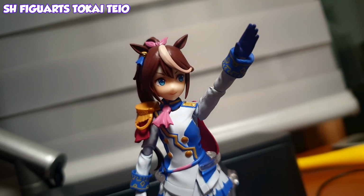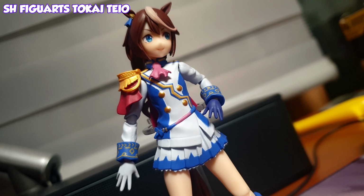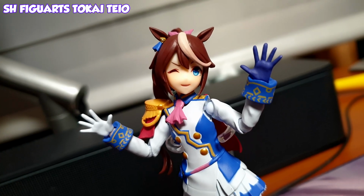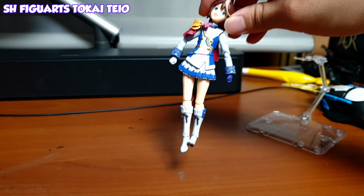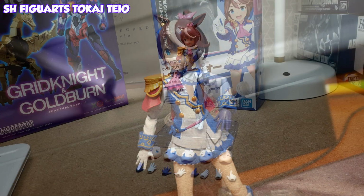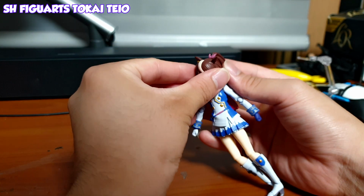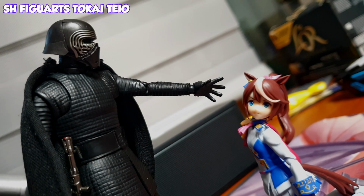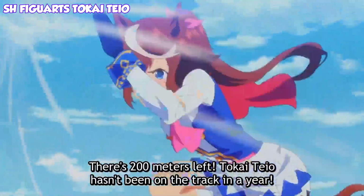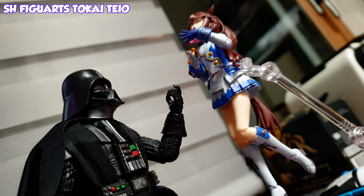In conclusion, what is there left to say? The SH Figuarts Teio is like an actual woman, as exterior-wise it is perfect, but as you delve deeper, the cracks underneath the surface come to light. While the beautiful sculpt and various accessories do increase the value of the figure, the extreme looseness just ruins the overall play factor. If you're a real, and I mean hardcore, Umamusume fan, maybe get it, but for everyone else...